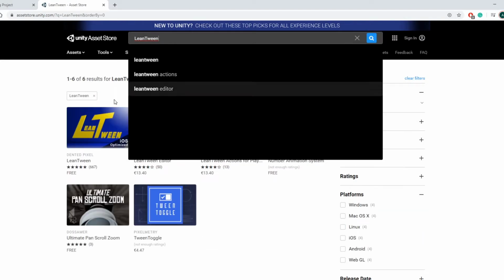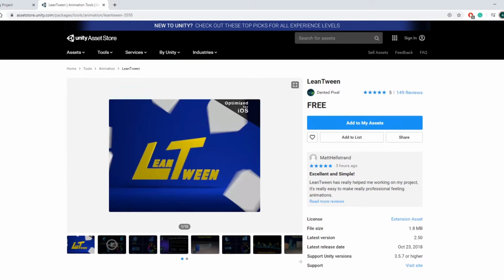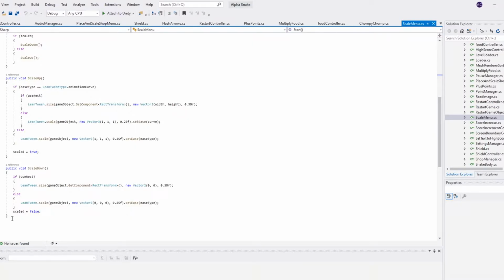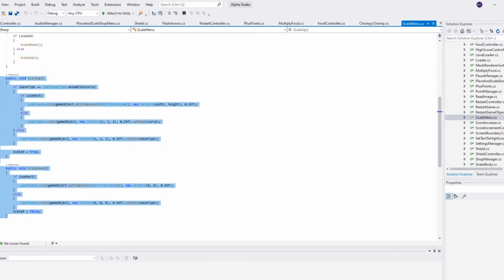Important note, if you're wondering about how to do the animations, don't use Unity's built-in animation tool for UI, it's just super inefficient. Instead, look up something called tweening. There are loads of tools to help you with this. I use something called Lean Tween, which you can get for free on the Unity Asset Store. Here's the code I use for the menus popping up. It's super easy to pick up, but if you need a more detailed tutorial, let me know in the comments below